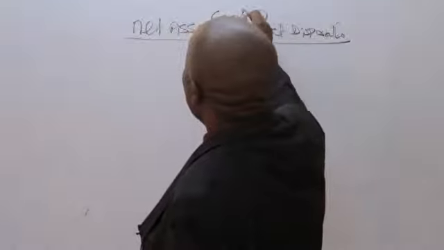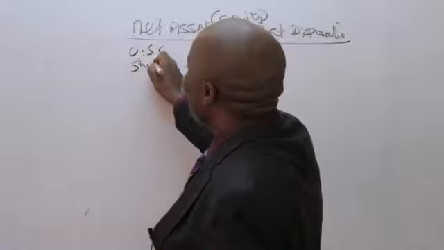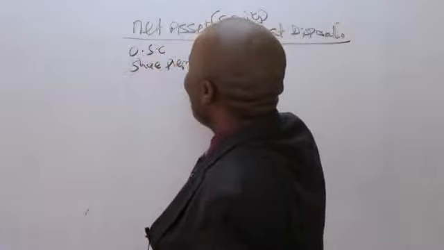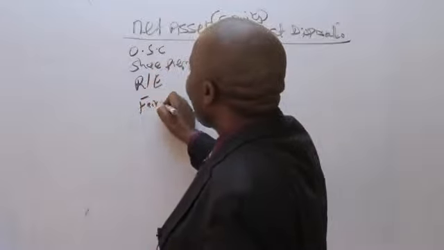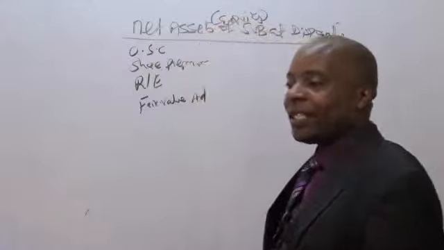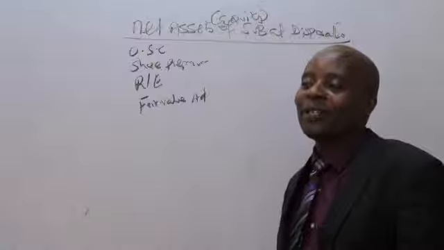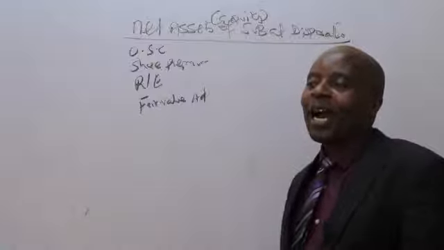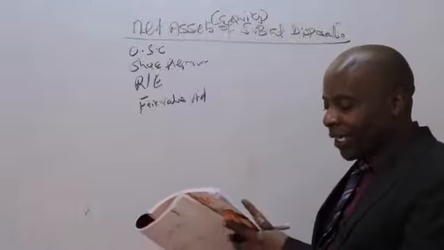And you get used to the fact that you're supposed to be having ordinary share capital, share premium, and of course retained earnings, and at disposal, at times there are some fair value adjustments, because you have to call some valuers. It's important you call in some valuers. So in this case here, the subsidiary that is being disposed,